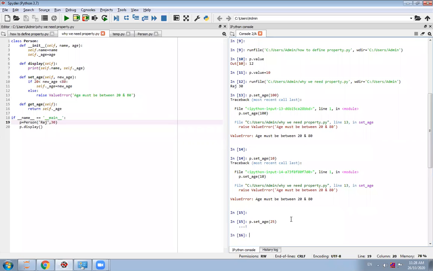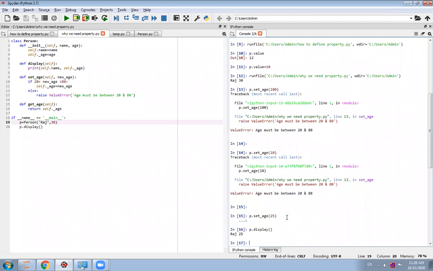And you can check whether the age is set or not by simply calling the display method, and here you could see Raj, and the age is 25. Here it was 30, right? Now suppose, like in a property, in our last example we have seen the concept of instance variable.